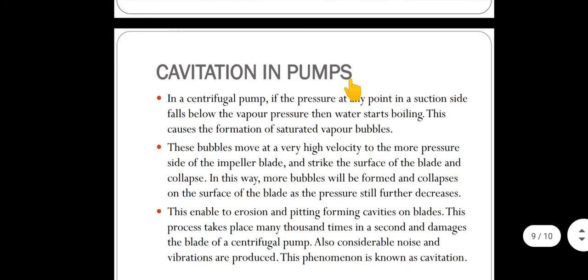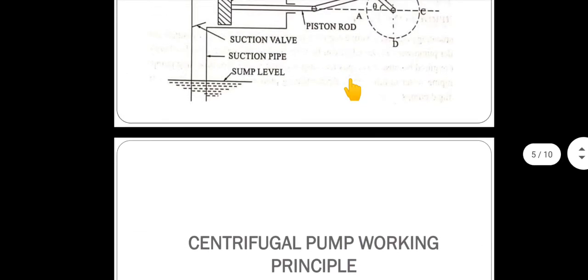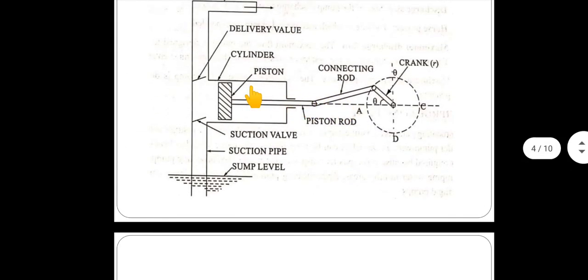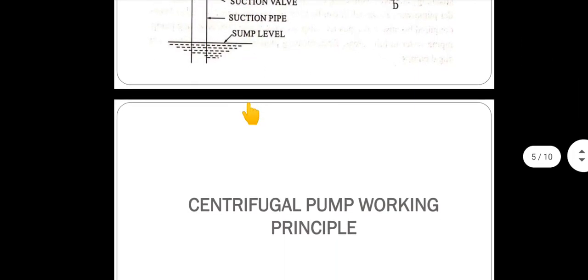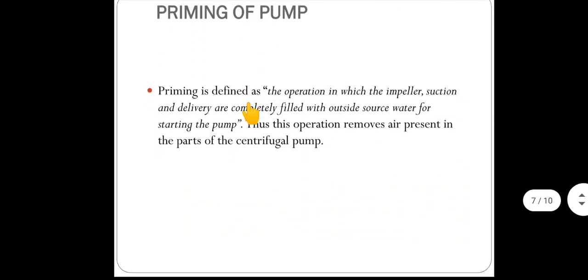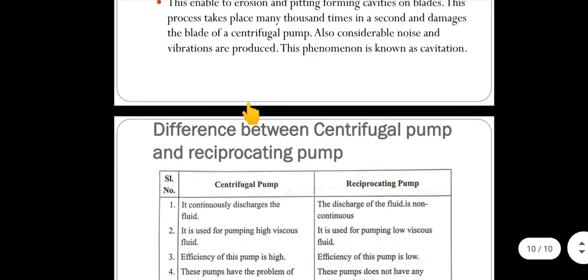If you go to the reciprocating pump, you can see here what happens during the first cycle. When this valve opens and the piston starts moving from left to right, water will be drawn into the cylinder, some fixed quantity. Whatever this cylinder volume is, that much has been drawn. Then this valve closes and the delivery valve opens. Then it will be discharged. Next the cycle continues. Again this closes, this opens, and it draws again. So in a reciprocating pump there is no continuous discharge of water.